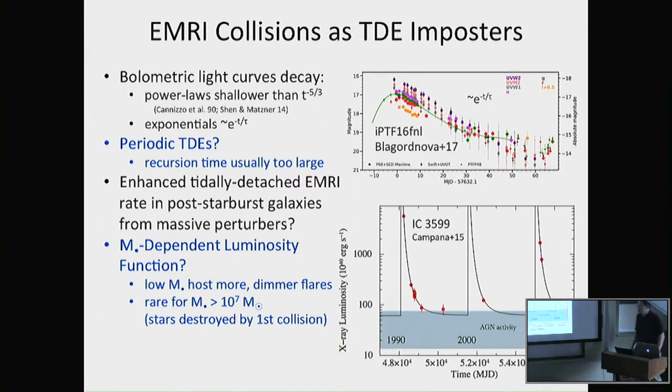And we also know that the TDE rate, for some reason we don't understand, tends to be enhanced in post-starburst galaxies. And much like that, we do expect that many of these EMRIs actually enter the loss cone of the supermassive black hole, these binaries that create these EMRIs through interactions with massive perturbers like molecular clouds and other things that might be more prevalent in post-starburst galaxies. So there are reasons why you might expect these to be enhanced in post-starburst galaxies. And we do predict some black hole mass dependence of these guys. So we expect that lower mass black holes will, if this scenario is correct, produce a larger number of flares, but they will be dimmer, whereas more massive ones will produce a single one.